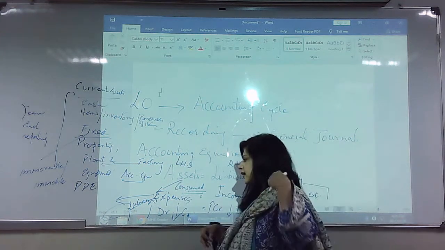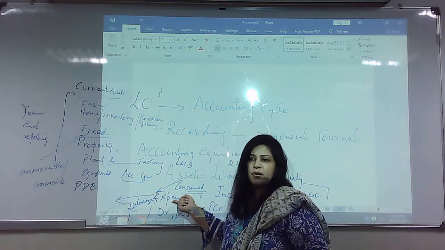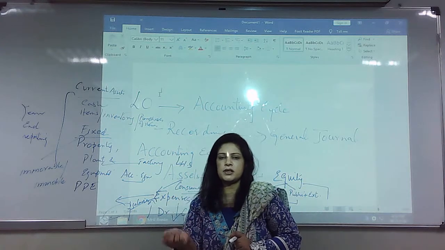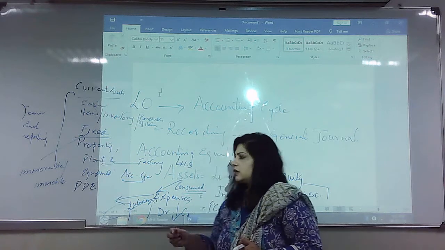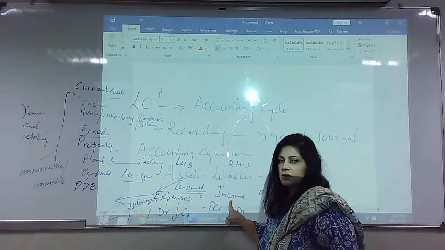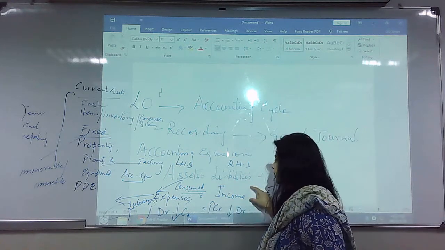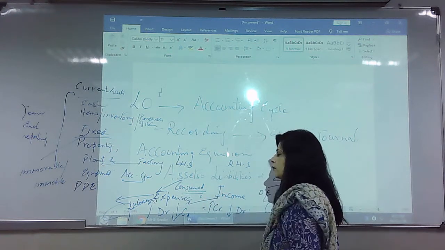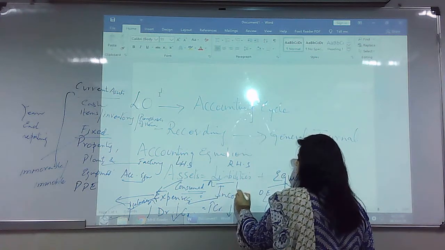So at this moment, just understand that some workers have to be paid salaries, and those salaries come under expenses, and you need to have some money with you, just like your mother would have some money to pay the person she has employed at home to work for her, like the employees that you pay. In that case, this would be an expense. But you need to have some source to pay those expenses, and that source would be income. And income has to be equal to expenses. And if there's a difference between them, that would be extra additional earning. This is profit.